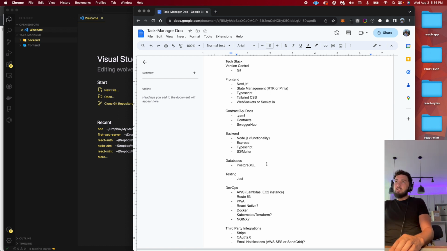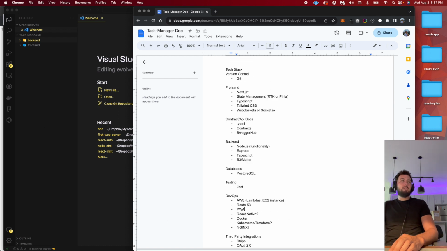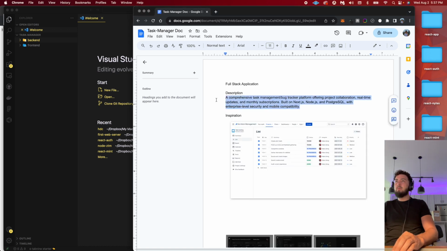And some of these things might change down the road. I might start the project and be like, well, maybe we don't need this. My buddy said maybe I'd have a better approach at this. Maybe I should use Azure instead of AWS. But I think this is a good enough start, so let's just roll with it. I'm going to build the README